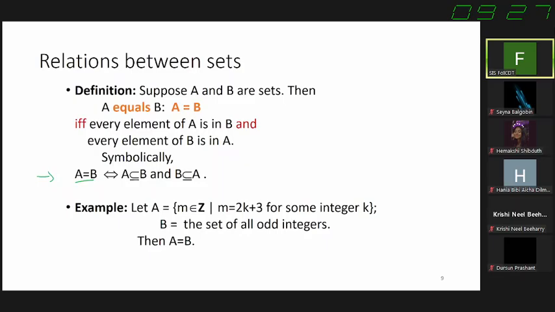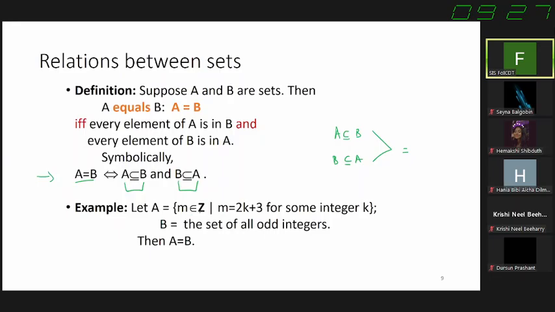So how do you prove that? You'll have to prove that A is a subset of B and B is a subset of A, right? So you'll need to prove both. If you've been able to prove it both ways, then there is equality. An example: let A